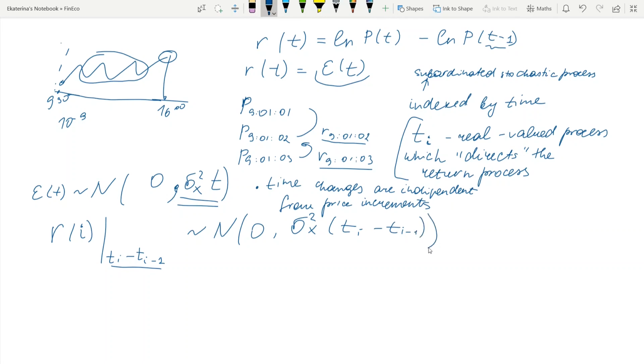So marginally, over a small time increment, our return is a normal mixture. It is symmetric, but it is fat-tailed. Note here that the volatility, or the variance, of this process evolves over time and is directed by the time increment. So this allows for the fat tails. The normality assumption tells you that over a small time increment you get a symmetric distribution of the return